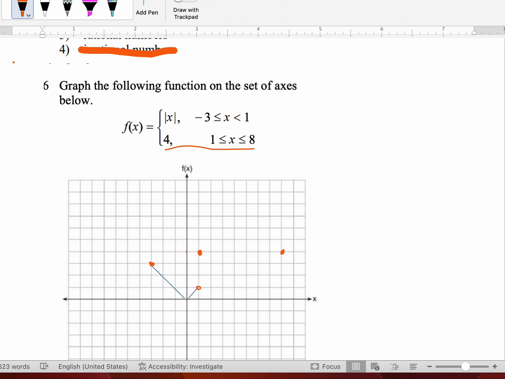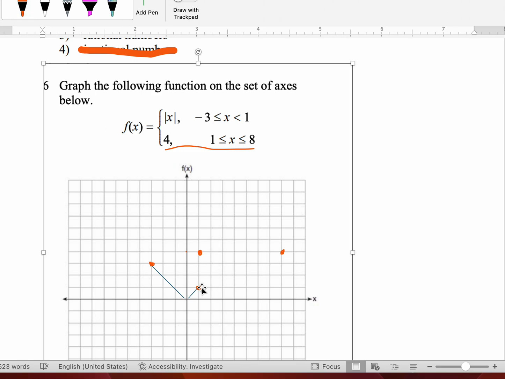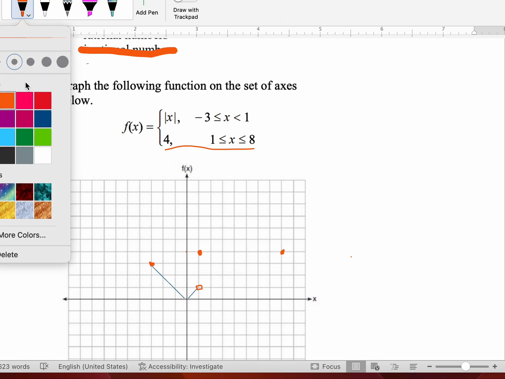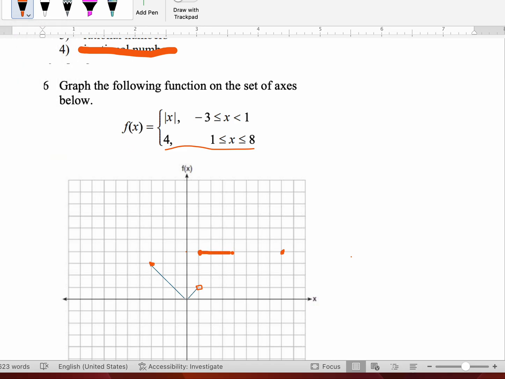Remember, this is an open dot. I feel like it was really hard to draw it open, so it looks a little off. Let me see if I can redo it so it looks better. Okay, well, it's close enough because it's hard to draw on here, and you'll find it might be hard to draw on your exam as well. Okay, and I'm just going to draw a line from 4. Now, you really should label